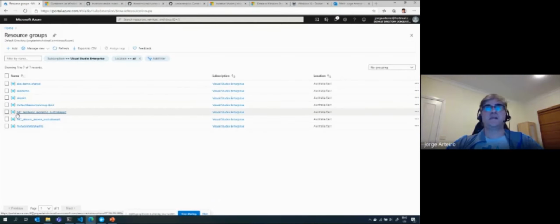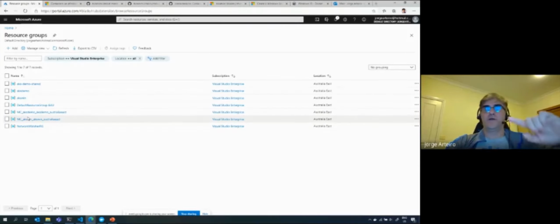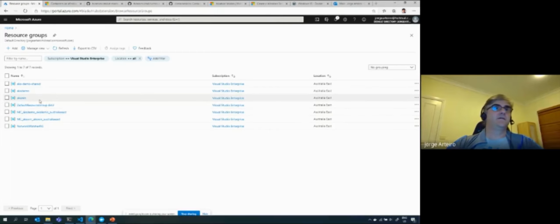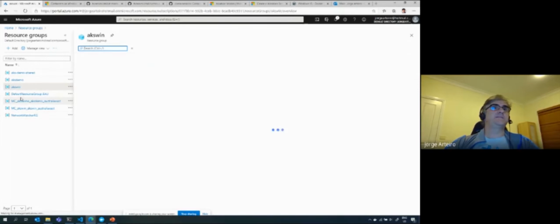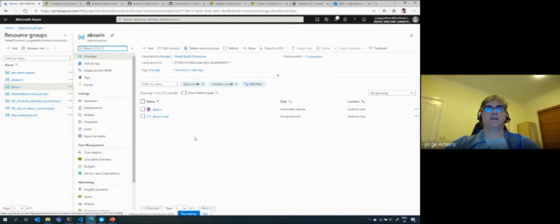Okay, it takes like 8 to 10 minutes if you create the cluster with virtual networking, monitoring, everything. It's not going to take more than 10 minutes to create a cluster. Depends how many nodes you're going to create. But if you have the VNet, the monitoring, everything created, it takes less time. But let's say AKS Windows, okay? I create a cluster. When you create a cluster on Windows, you can